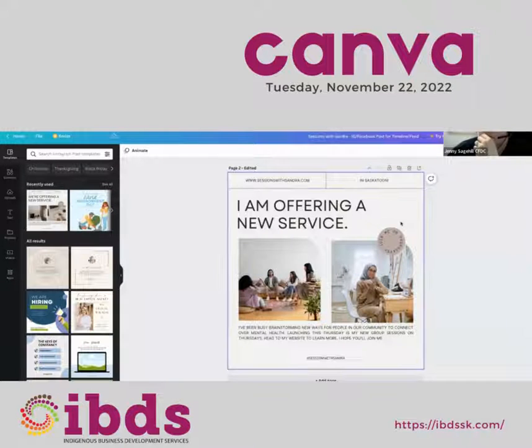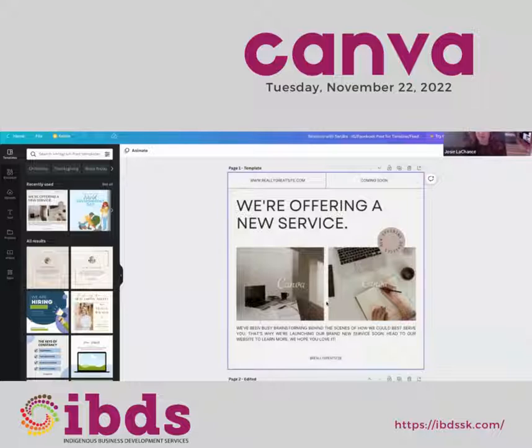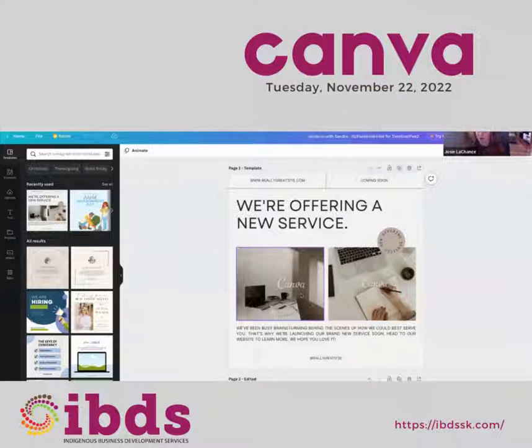So if I look at this here, you'll see that there are already these image placeholders or these images here. And because they have the Canva watermark on them, that means I have to pay for those images, and I really didn't want to do that.